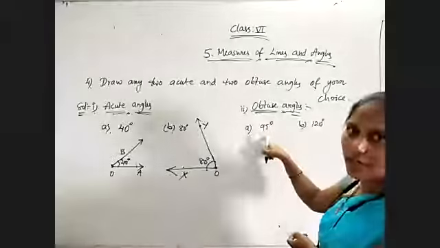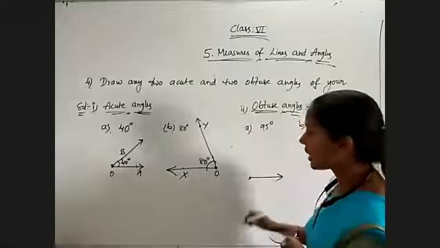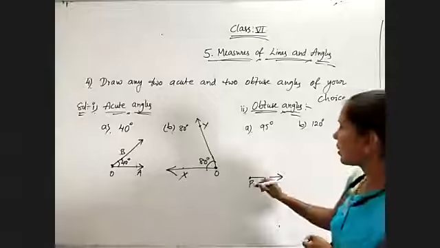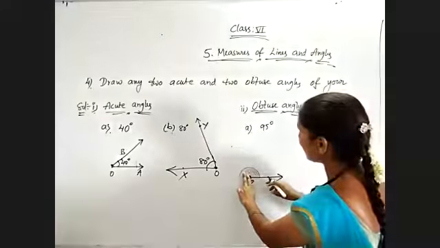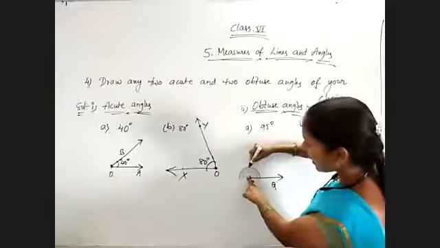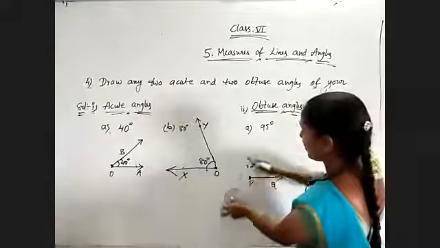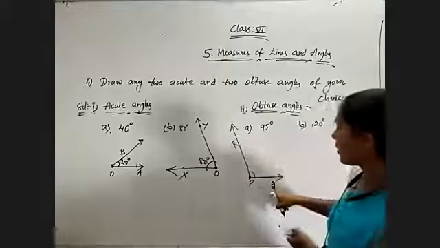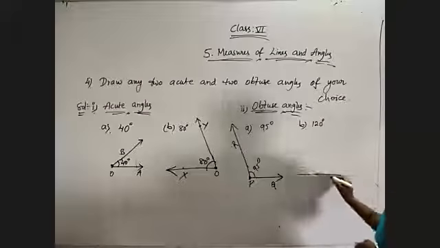Now I want to construct 95 degrees in anti-clockwise rotation. So I am drawing a ray, using other letters, PQ. Now at P I need to set the protractor. Because I am moving in anti-clockwise rotation, I need to take the inner value 95 degrees. More than 90, so 90, 95. Here I will get 95. Like this, so it is R. Angle QPR or RPQ is equal to 95 degrees. Same, left side I am constructing.